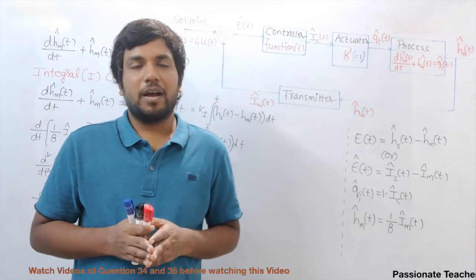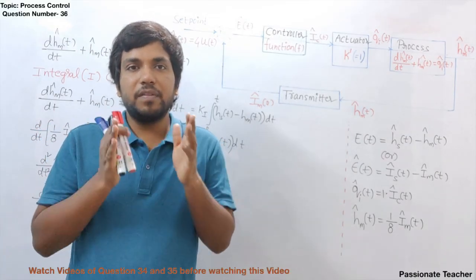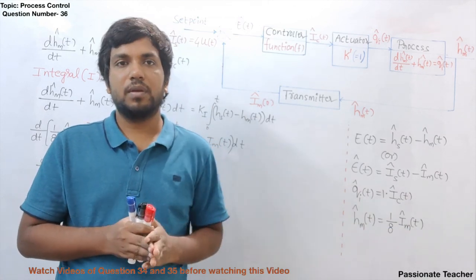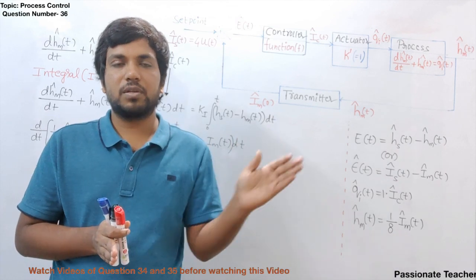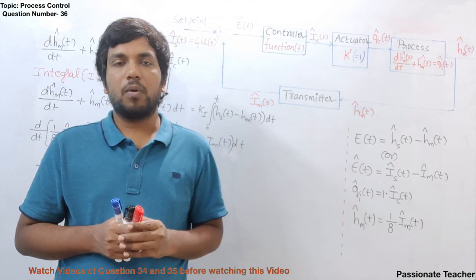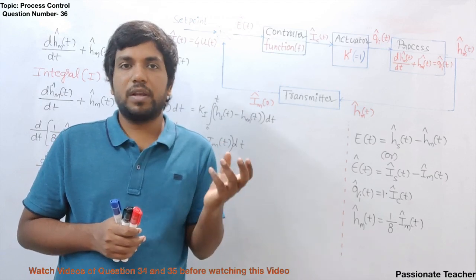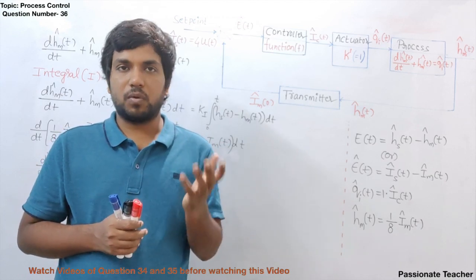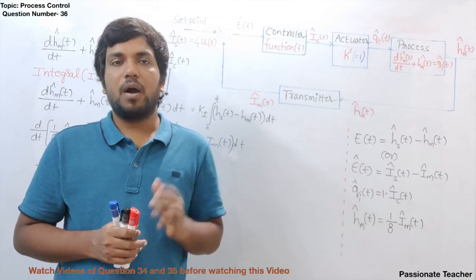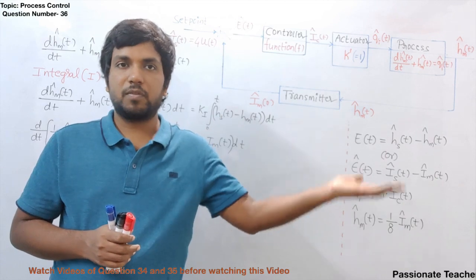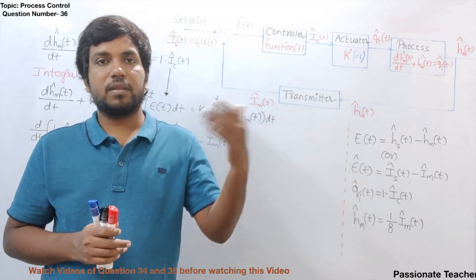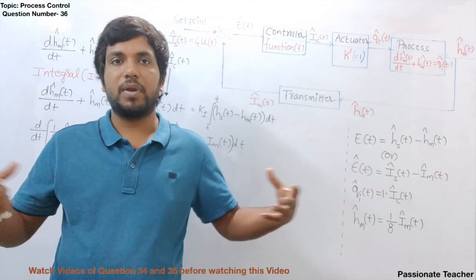Hello everyone. Before watching this video, I sincerely advise all of you to please go and watch the previous two videos, because this video is a continuation of them. In the first video, I explained how we can understand the variables associated with water level control in a tank. And in the second video, I clearly explained how the proportional controller action takes place, and what the advantages and disadvantages of a proportional controller are, in a detailed manner.